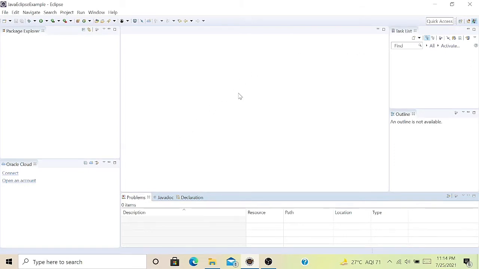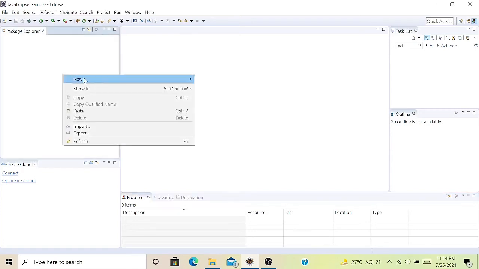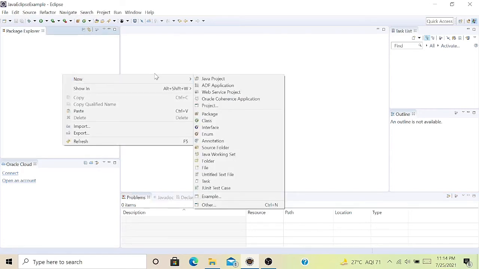Then we'll discuss how to create your project. So firstly, right click, then go to New, then select Java Project.